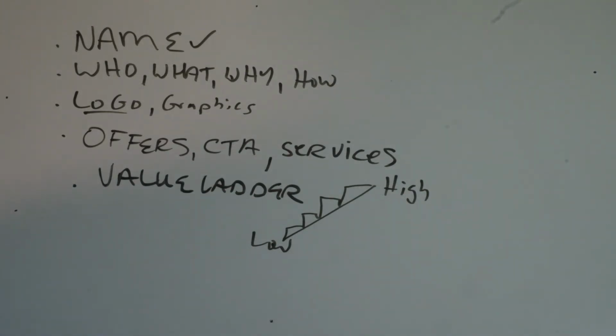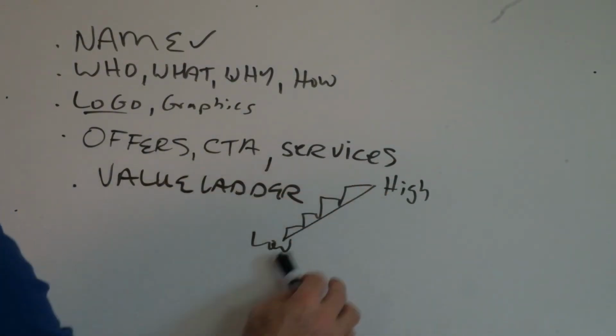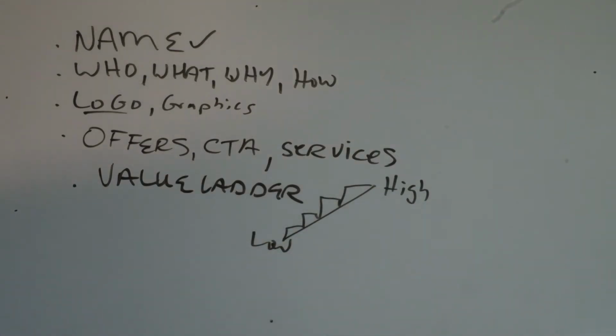If you're an online entrepreneur, and let's say you're doing a coaching program or an online course, you might start with a free giveaway, and then you work them up the value ladder into something priced a little bit higher, and they might ascend all the way up into your premium coaching program. But you have to have an idea of at least some offers and calls to action and services along that ladder, so that you have that as part of your asset package